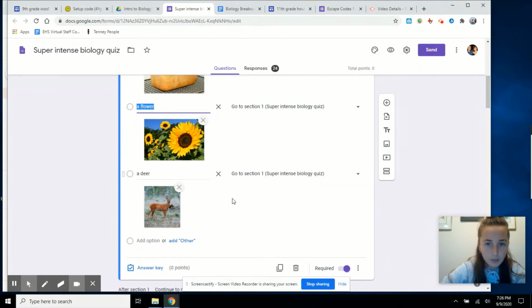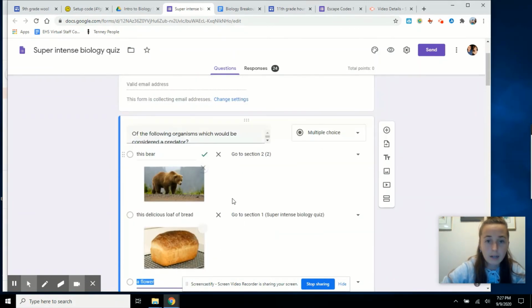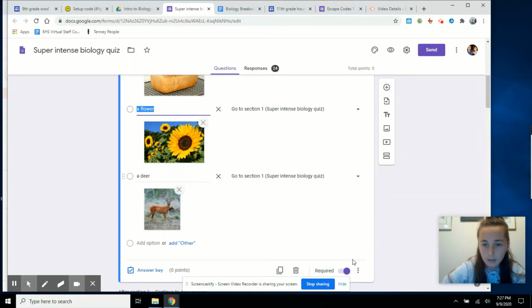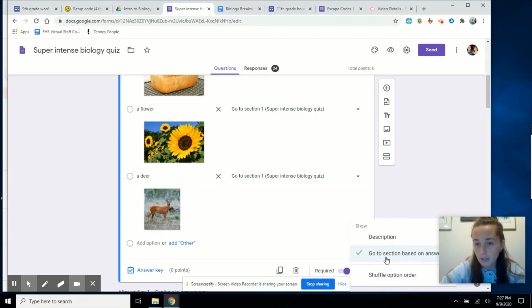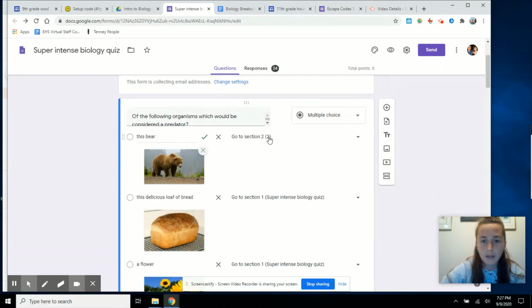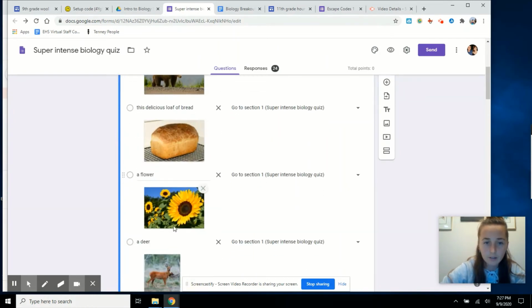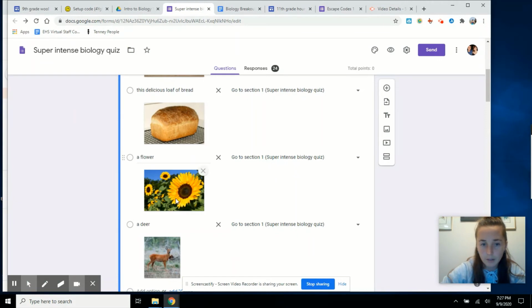One thing I do with this is if you click on these 3 arrows right at the bottom right hand portion of this section, you can click on go to section based on answer. And then if students answer the correct answer, a bear is a predator, they get to go on to section 2. Any of the other answers, if they say bread is a predator, or a flower is a predator, or